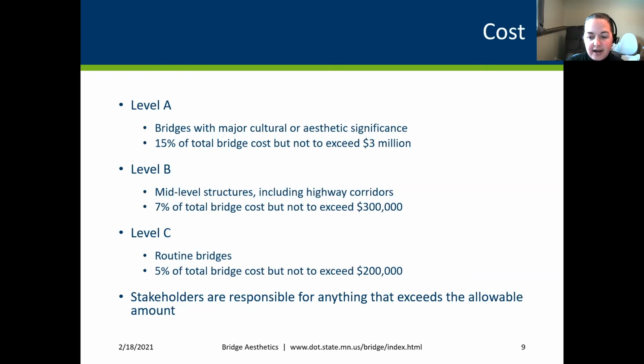And aesthetics are everything above base. So that is pure smooth concrete, and then it's anything above that. So chain link fence is technically the base, even though you typically won't see that on a MnDOT bridge. That delta, so if we upgrade that to ornamental metal railing, that is your aesthetic allowance. And the difference between the two is how you calculate that 7%.